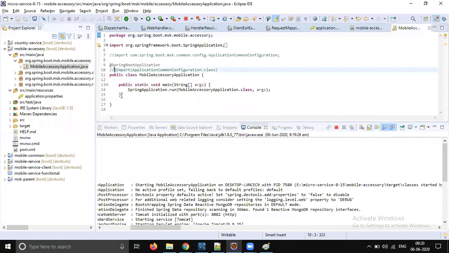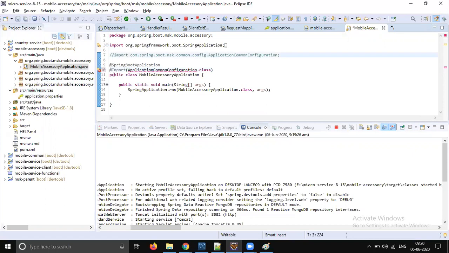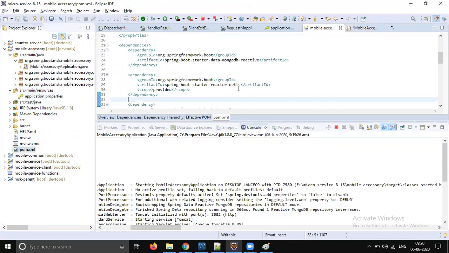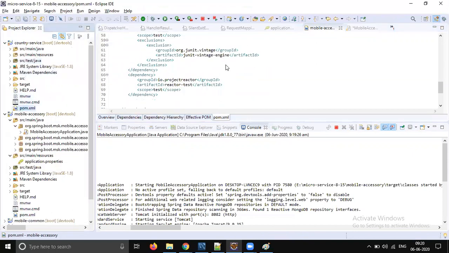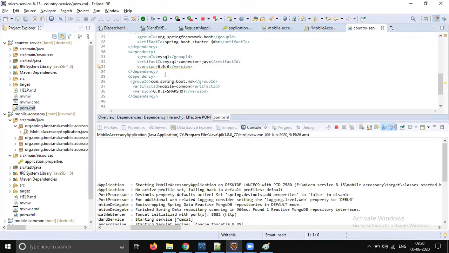Okay, let's enable the common configuration, which is going to work fine. Let's go to the pom.xml file and add the common dependency. Now our filter and everything is going to work.